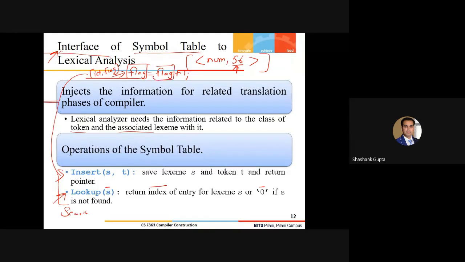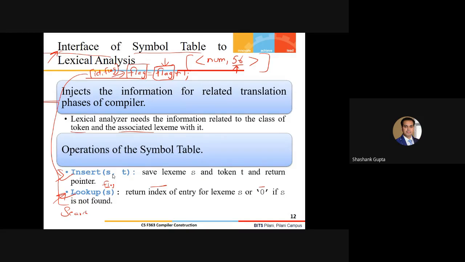The lexical analyzer says, I have tokenized it again into an identifier, but before storing, let me invoke lookup with the corresponding lexeme S, which is my flag. It says this lexeme is already present and returns the pointer where it is present. So I will not store redundant information in my symbol table. Fine? Guys, is everything relevant up to this point?